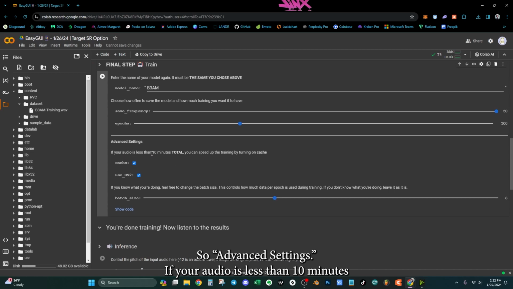If your audio is less than 10 minutes total, you can speed up the training by turning on cache. It doesn't really affect the quality, it does speed up the training. Ours is definitely less than 10 minutes, so I'll cache it. And then OB2,